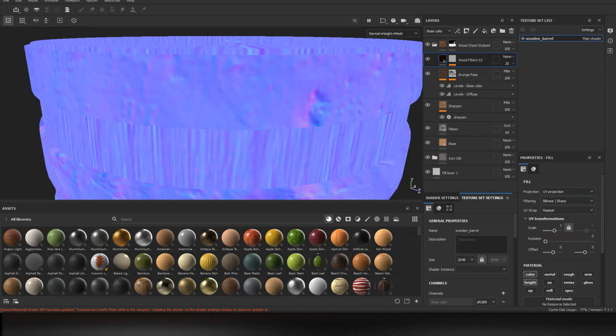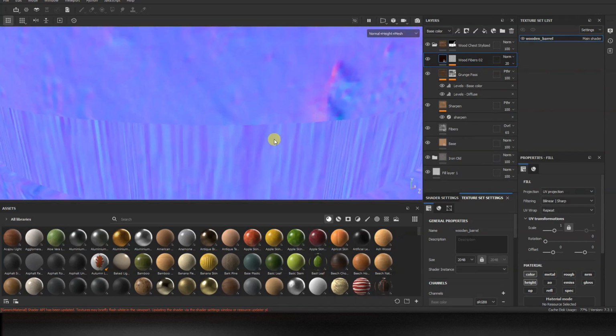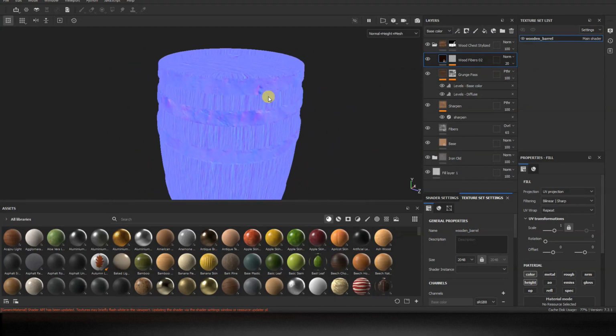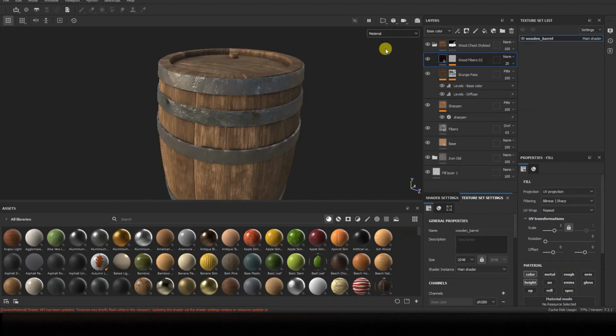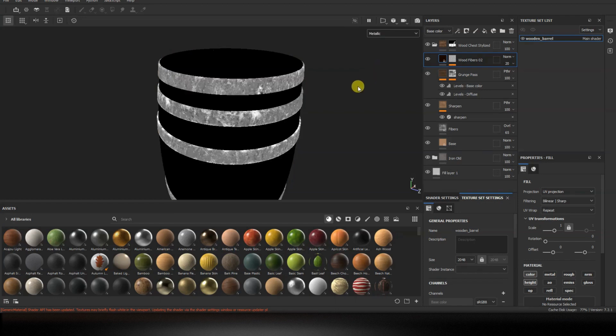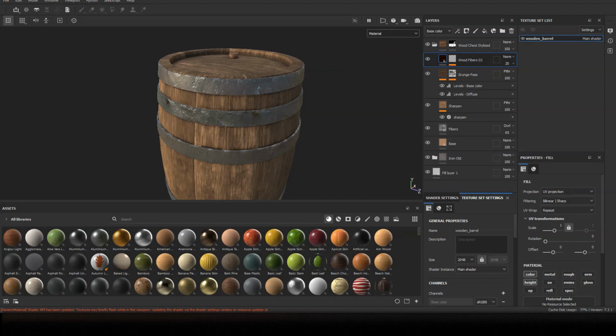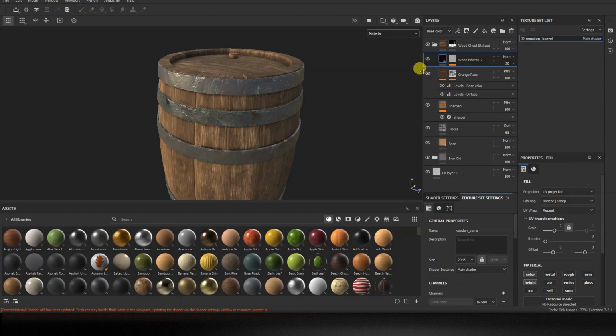The wooden barrel that I'm using in this video allows us to examine, in a single object, how these basic pieces of information translate into textures and combine with each other in a substance material. To preview the complete material applied to the object in the 3D window, I press the M key, short for material, or I choose material from the drop-down menu at the top right in the 3D window. As you can see, we have both metallic elements in iron and non-metallic ones in wood.